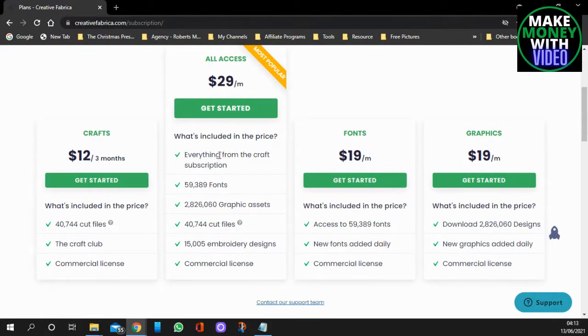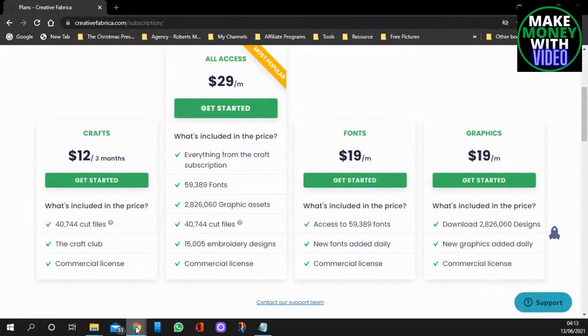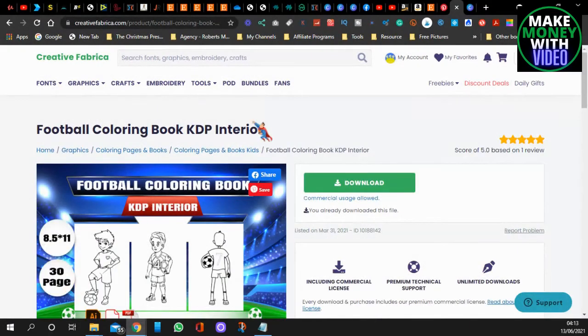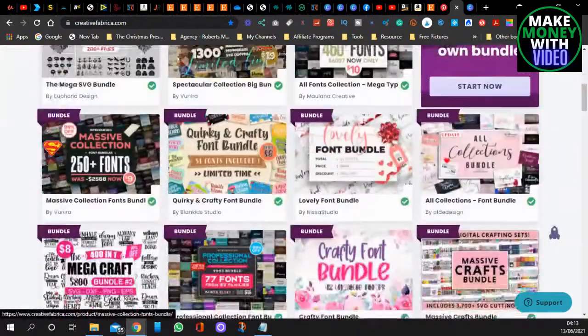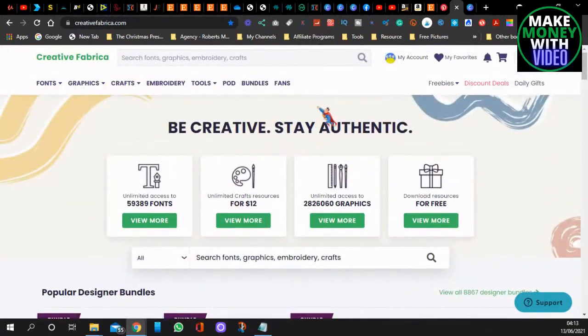So basically, everything you see on here, you can download for free if you've got a subscription. You can download as many as you want, right? As many times a day as you want. And that's the beauty about this. So you can